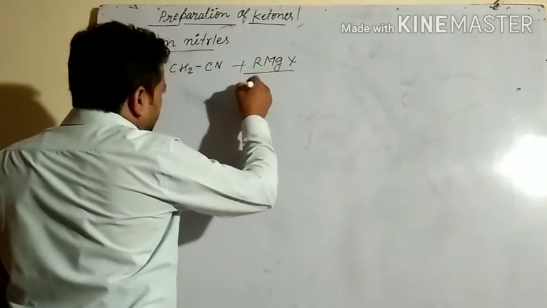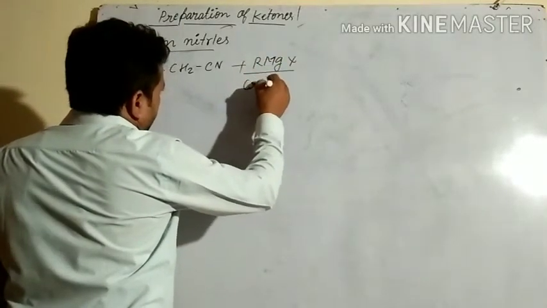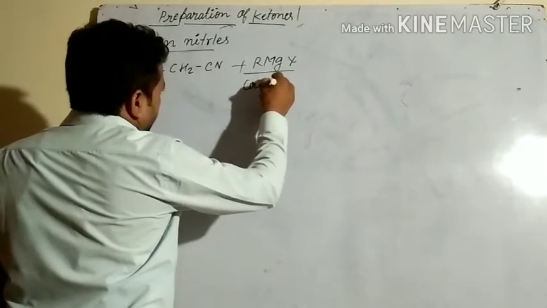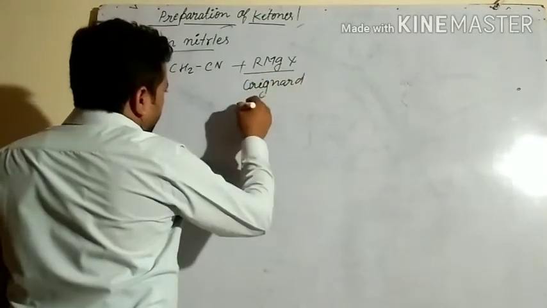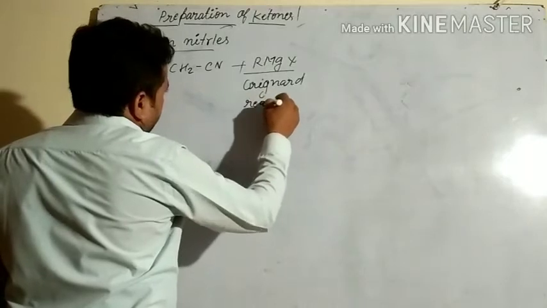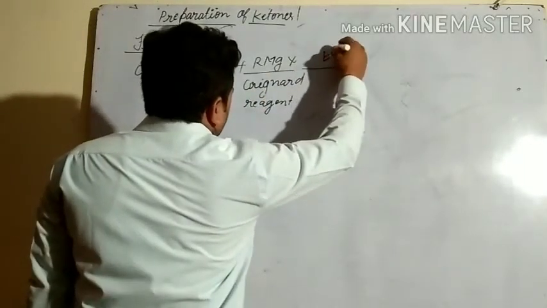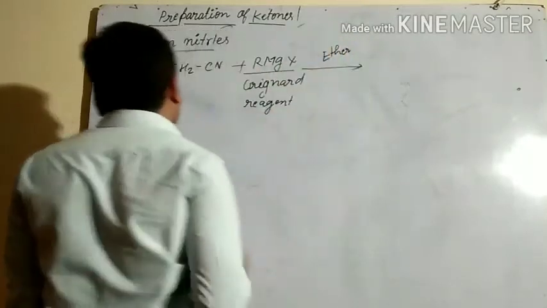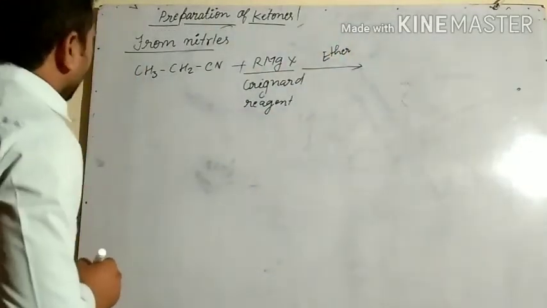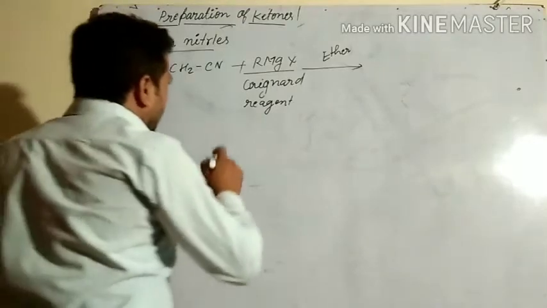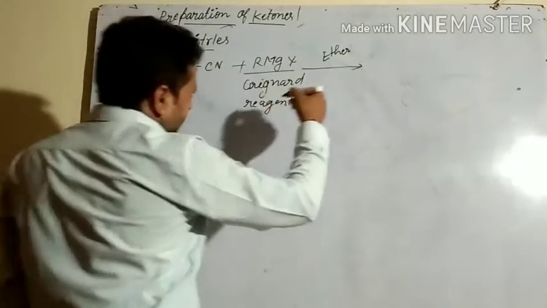It is known as Grignard reaction in ethereal solution. In ether, when nitrile reacts with RMgX, the Grignard reagent in ethereal solution,